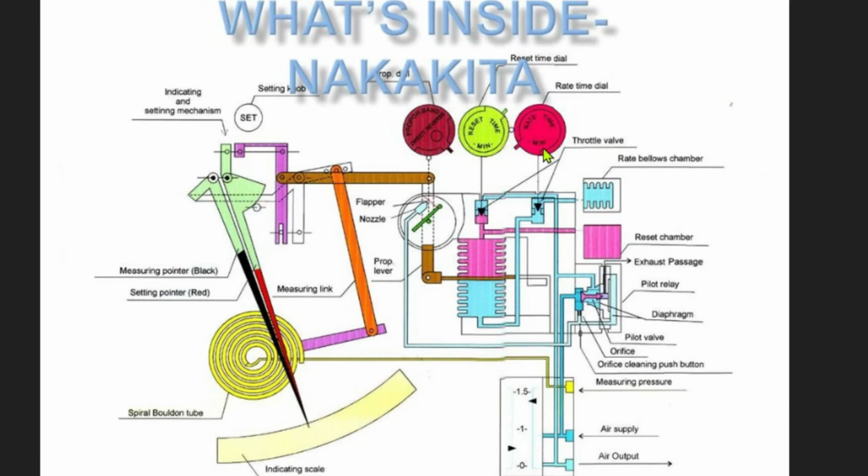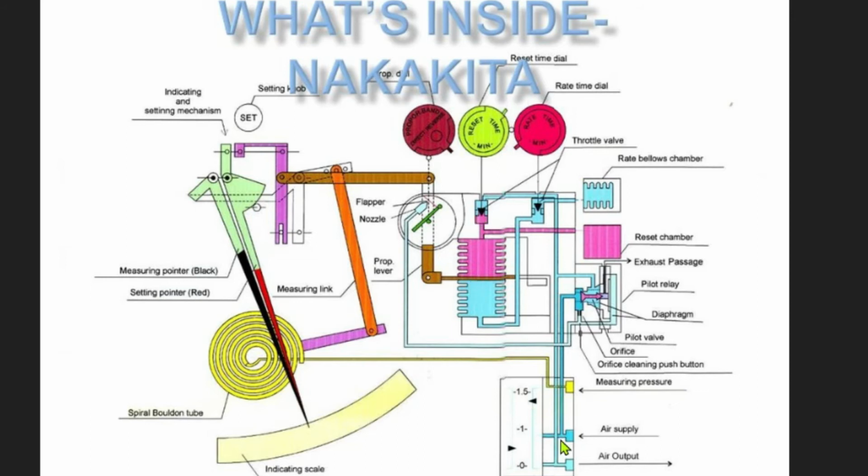We supply air to this lower bellow, so that in the case of the reset dial, the shorter the reset time on the dial, the faster the resetting to the set value. Excessively short reset time will cause hunting, and excessively long reset time will result in slower resetting to the set value. This will depend upon the airflow on these bellows.